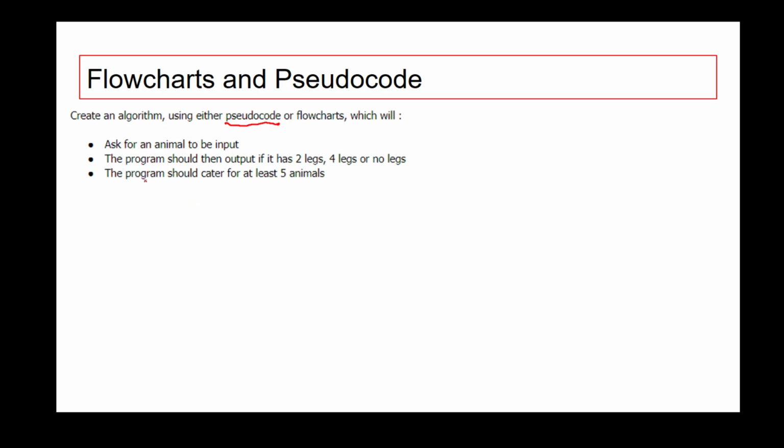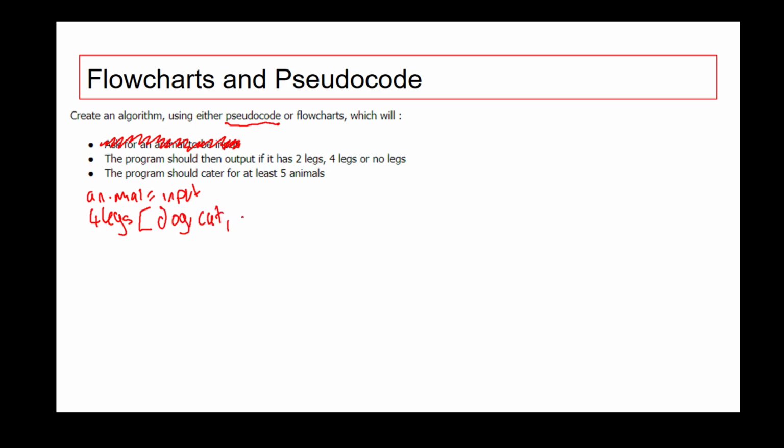So first of all, we need to ask an animal for input, and you've guessed it. I'm going to do animal equals input. So again, if this is an exam question, you will have hopefully picked up 1 mark by making sure you're inputting. We've then got this part here. The program should then output if it has 2 legs, 4 legs, or no legs. So I'm going to create an array called 4legs, and I am going to put into it dog,